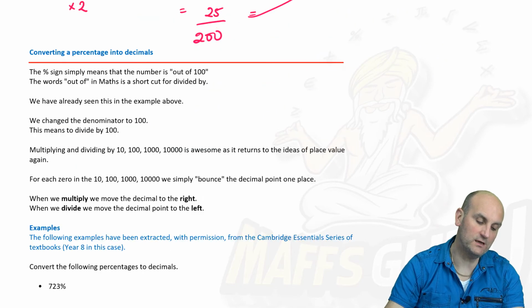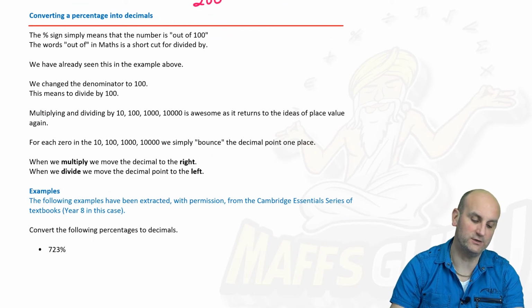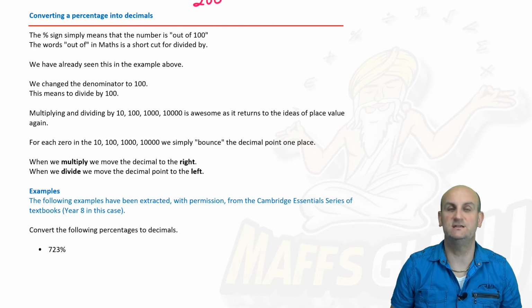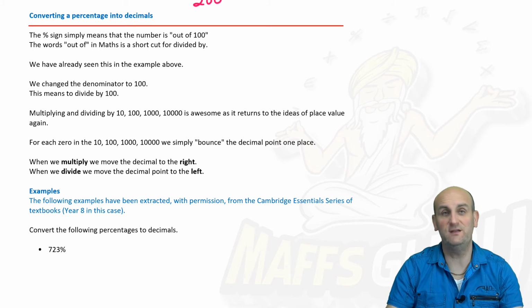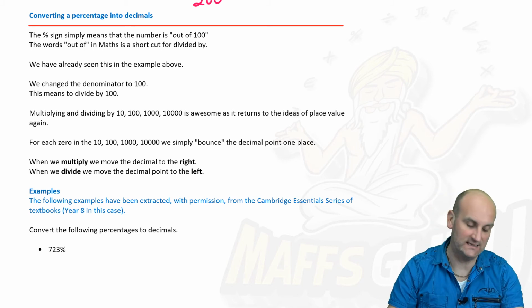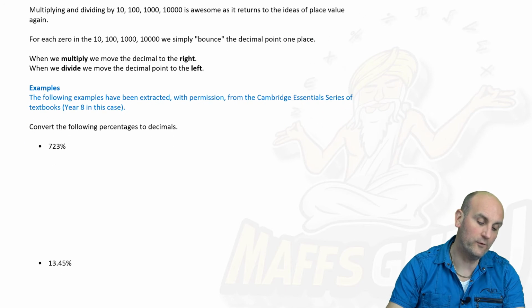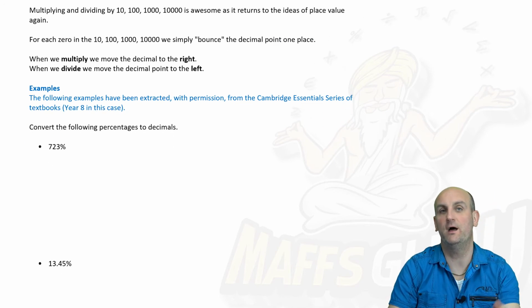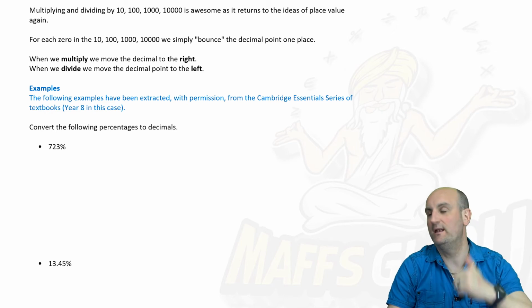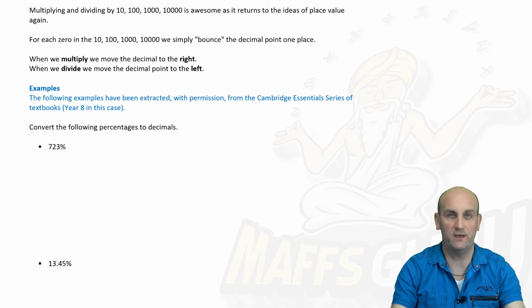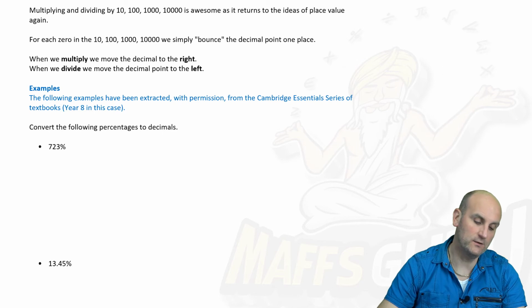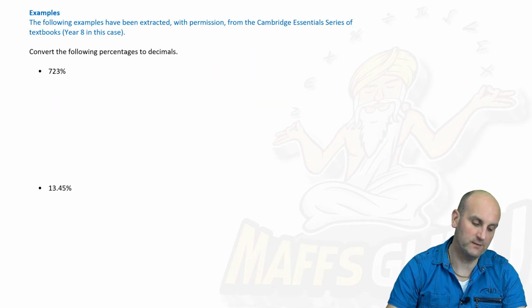So that's how to turn a percentage into a fraction, and now we're going to look at turning percentages into decimals. Well, believe it or not, it's sort of exactly the same stuff. We know from previous videos that when we divide by 100, we're really just moving decimal points. If we divide by 10 or 100 or 1,000, we're just moving the decimal point. So scrolling up again with some more examples from Cambridge, let's say